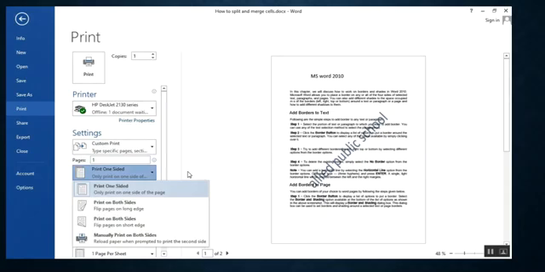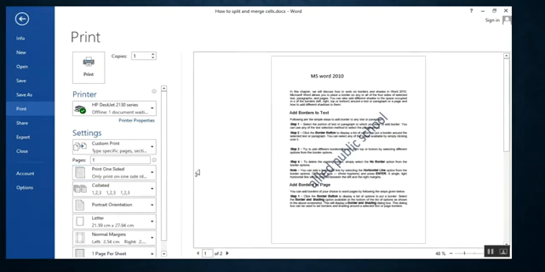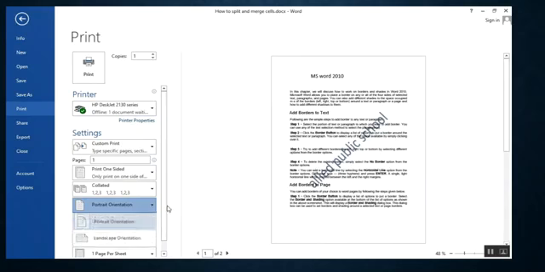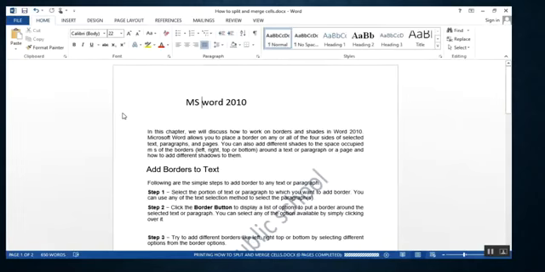You can print only one side. Whether you want a hard copy on only one side of your page, or you want it on both sides, you can select it over here. In a similar way you can change portrait orientation or landscape orientation, whichever orientation you want. After all this, simply click on Print. When you click on Print, your document will get printed and you will get a hard copy of your document.